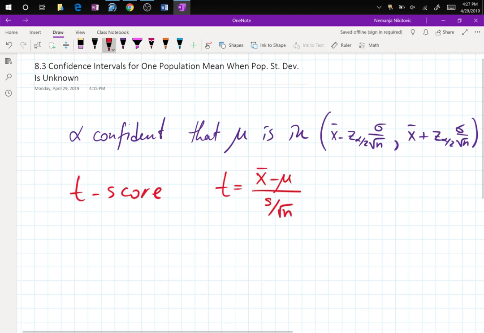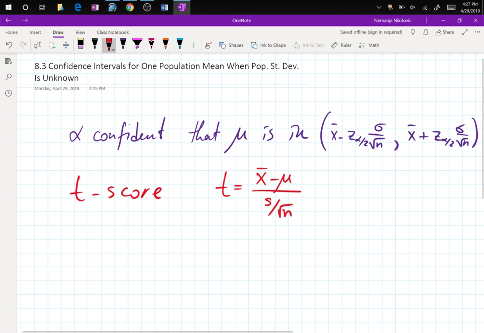So if you take this equation and solve it for mu, it's just simple algebraic manipulation: t times s over square root of n is equal to x bar minus mu, and then you swap the sides,